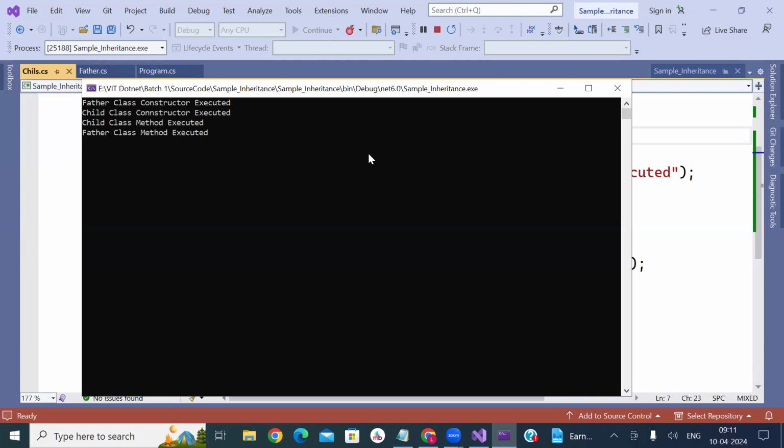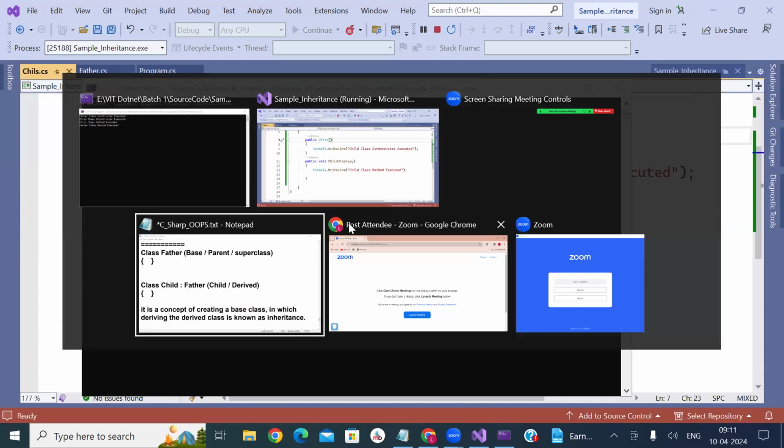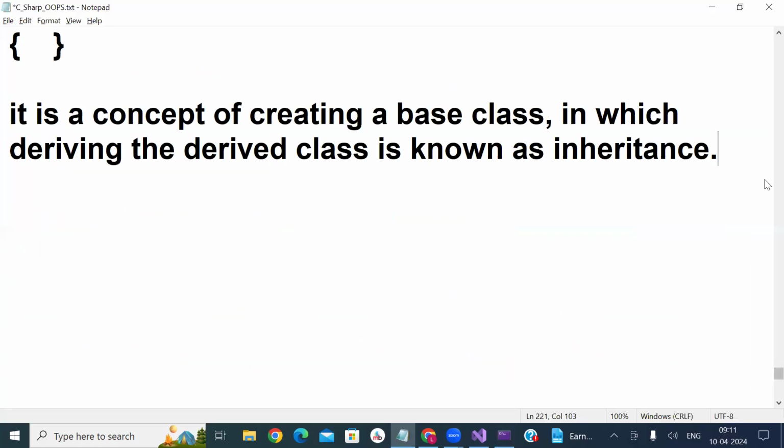Always when you try to create an object of the child class, the first execution will happen in your father class constructor. Do you get my point?